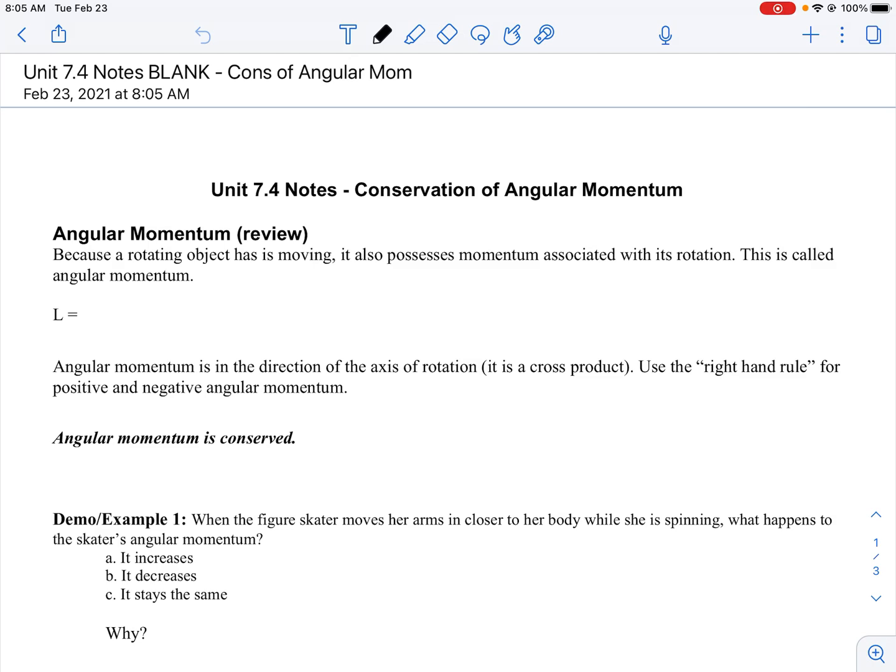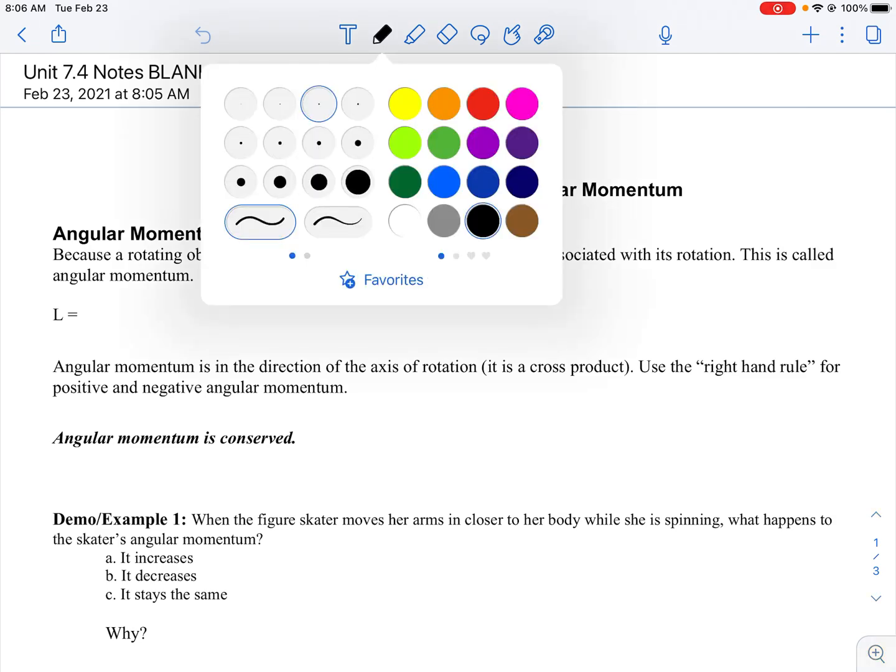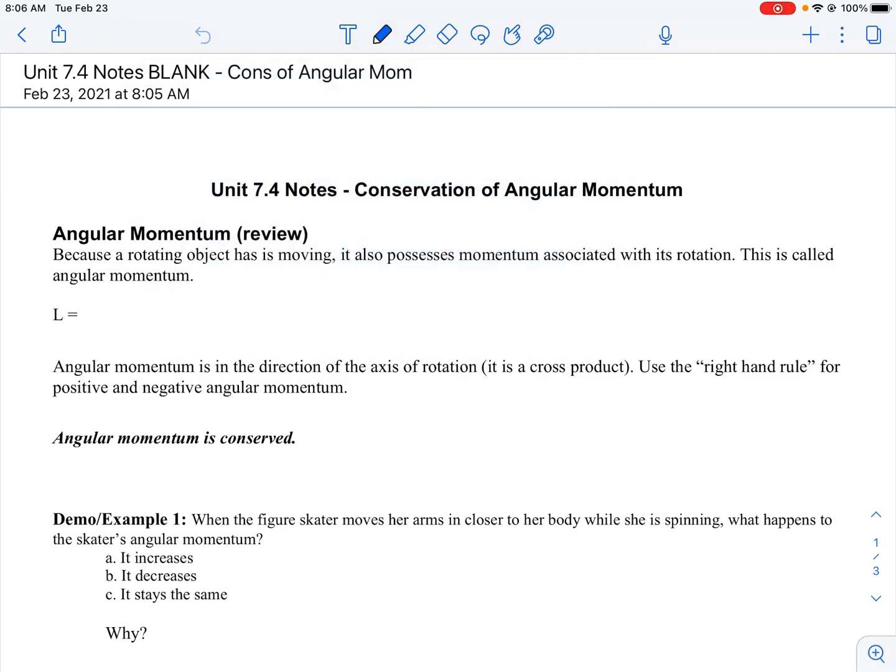You may recall what linear momentum is. Linear momentum has the symbol p, it's a vector, and it's equal to mass times velocity, which is also a vector. Angular momentum,